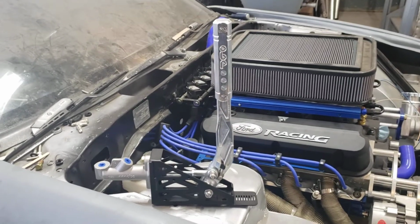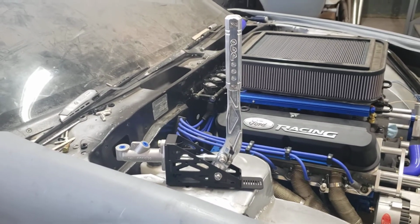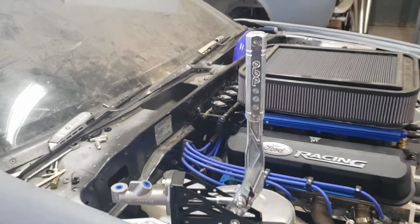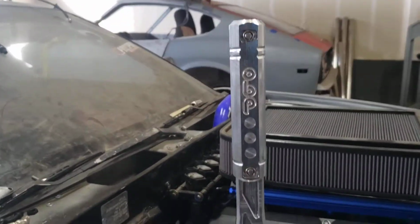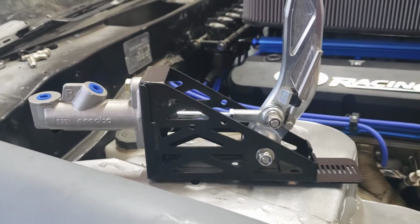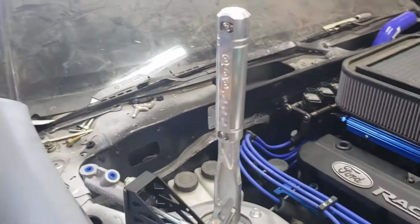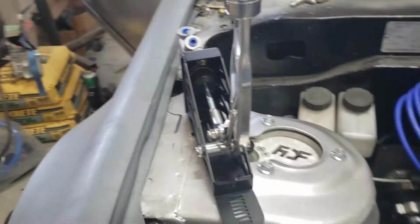I was looking at Chase Bays and the FDF, and I decided to try out the OBP, and I am super impressed with it. This is a super solid unit. It looks insanely good. It's really well built. I couldn't find a lot of information on this when I got it, but